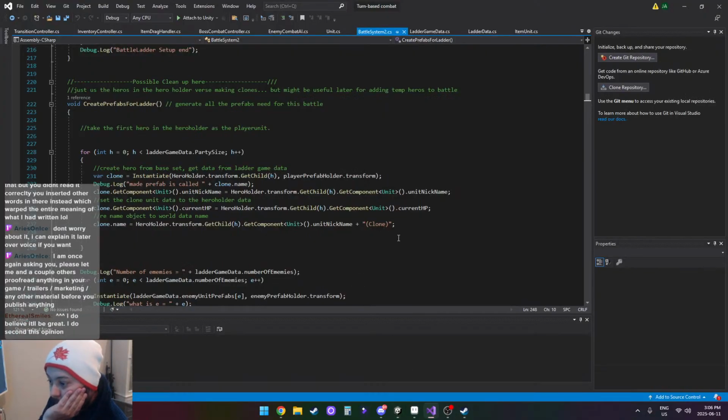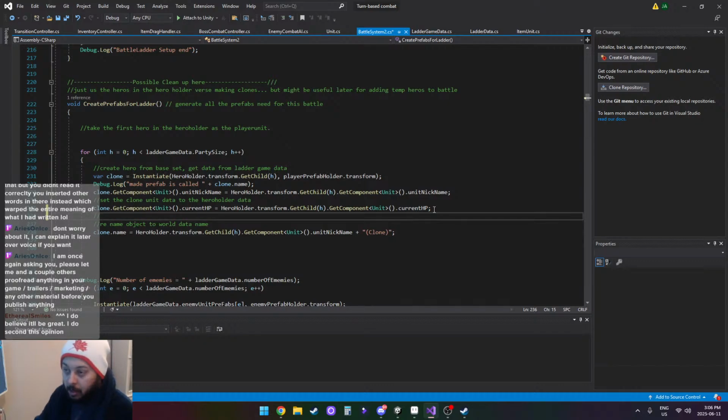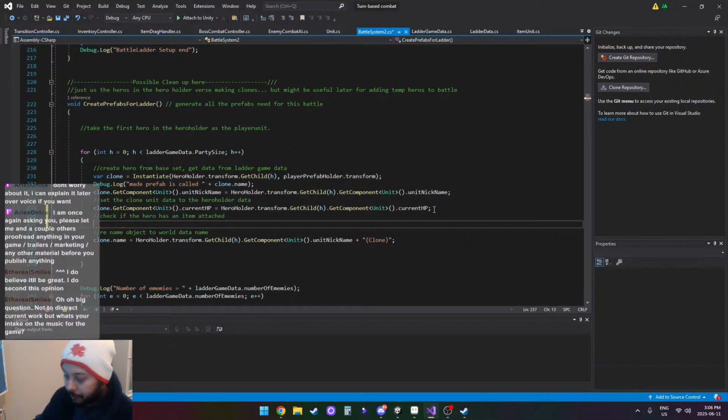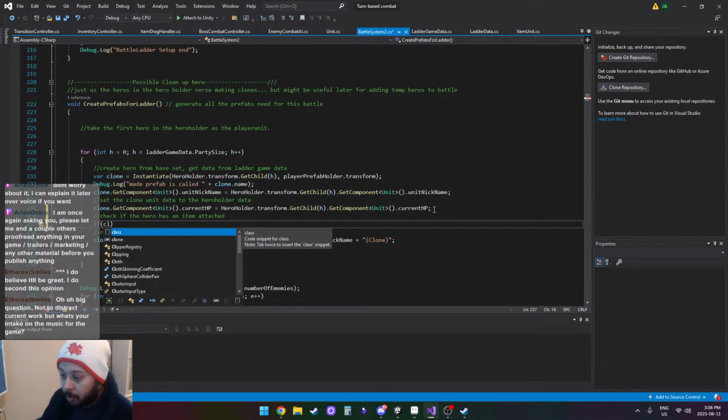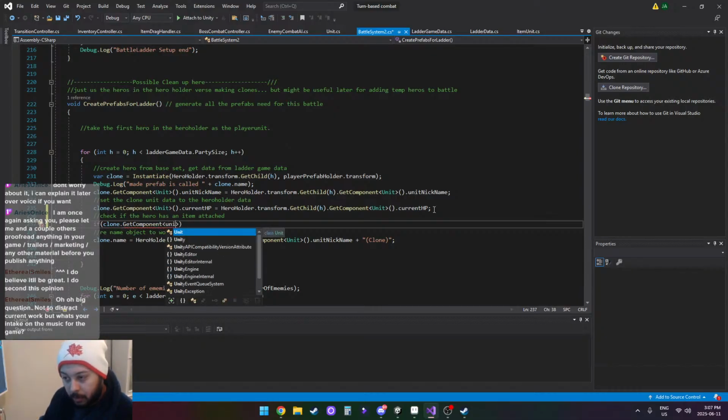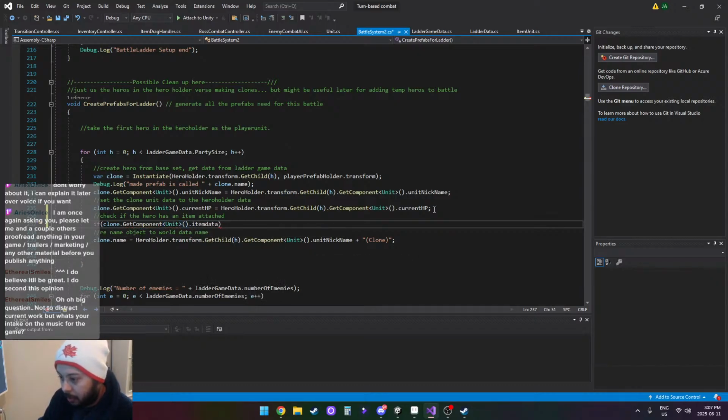Okay, cool. Now, rename object to the world data name. So we're gonna do another thing: check if the hero has an item attached. So then it will go, if clone, I guess it'd be clone dot get component unit, right, dot item game data. If it's not equal to null,